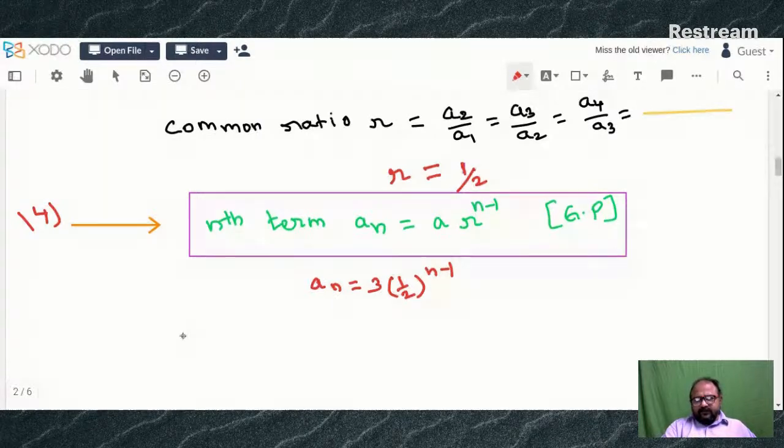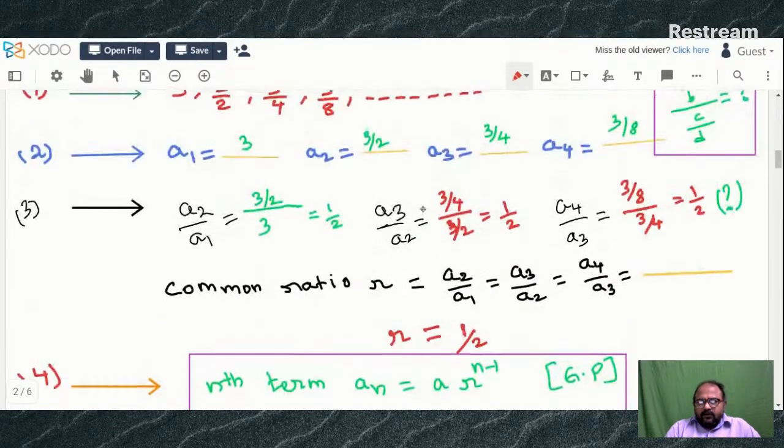If the given list of numbers is in geometric progression, then you can find the nth term using this procedure. You follow this process: 3 into 1 by 2 whole power n minus 1. Now another list of numbers is given: 2, minus 6, 18, minus 54. How do you find